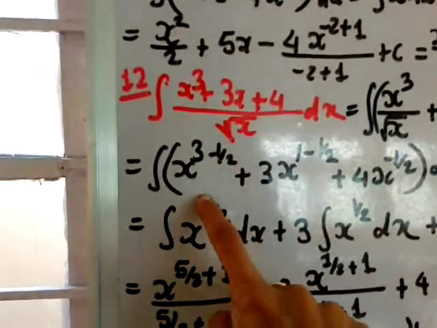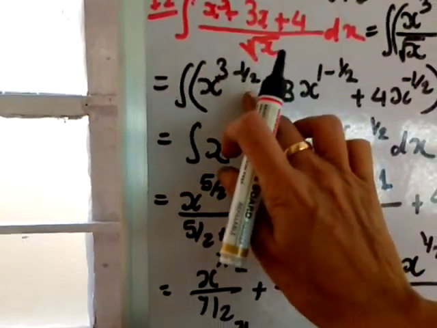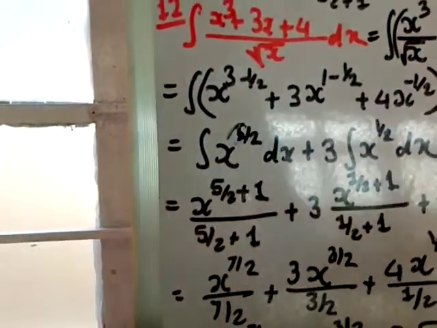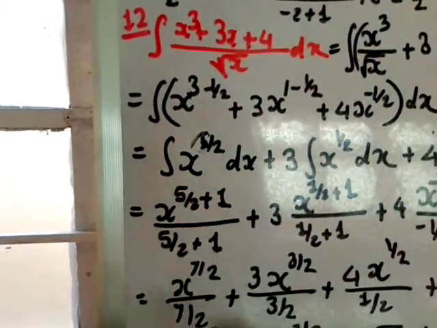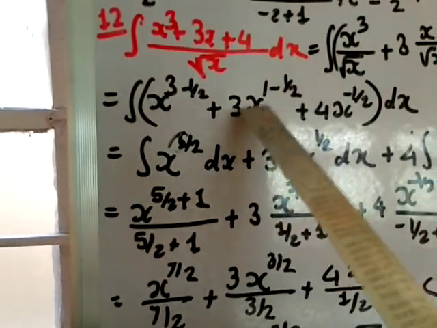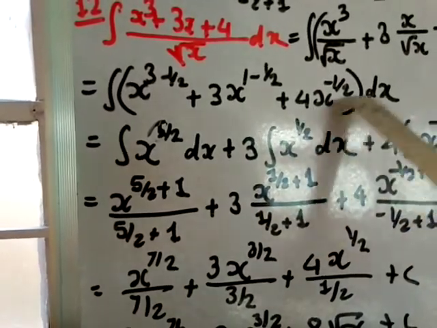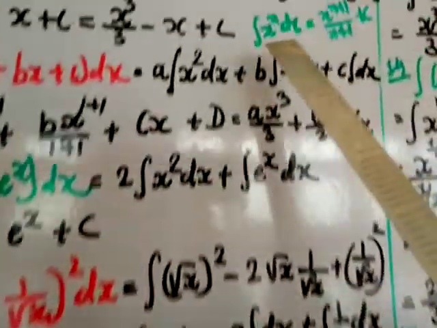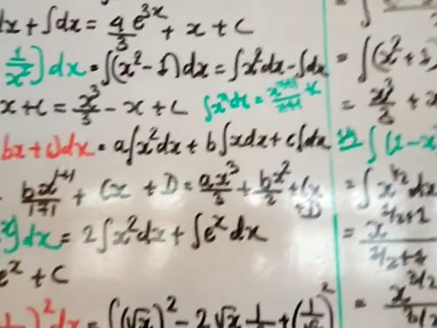It should be 4 here, okay, sorry, here it should be 4 not 5. 3 into 2, 3 2s are 6, oh sorry, it is correct, 3 2s are 6, 6 minus 1, so 5 by 2 dx plus 3. Here also take LCM, so 2 minus 1, that is 1 by 2 dx plus 4, here remains as it is dx. Now integral, so same formula use, x power n dx, that is x power n plus 1 divided by n plus 1 plus c.